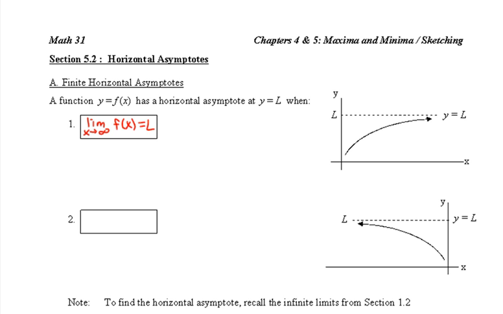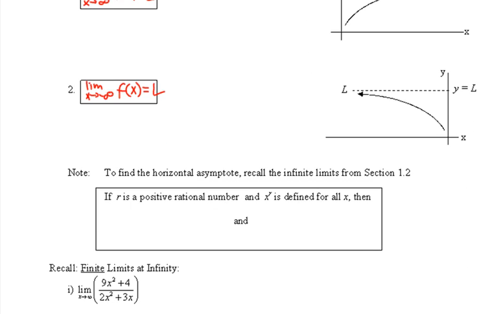Okay, so as we approach infinity or negative infinity, our y value approaches some number L. So that is, as x approaches infinity, our y gets closer and closer to some finite value L. My negative infinity looks horrible there. Please don't judge it too much. If you want, you can